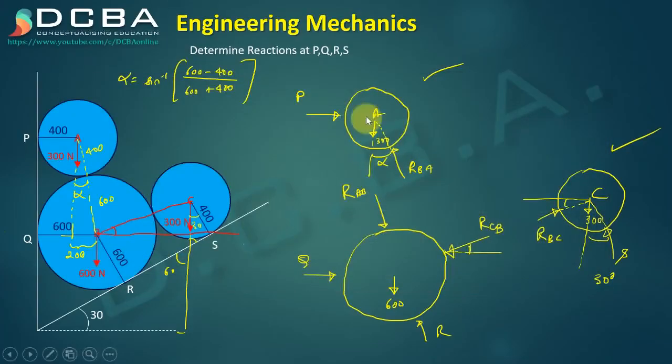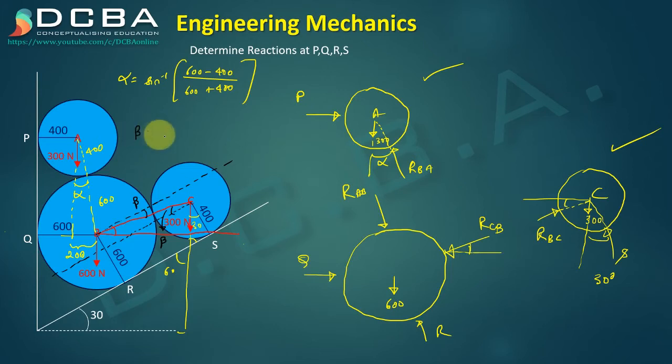See, what we can do is draw a line parallel to this 30 degrees inclined line. So we can draw a line like this, and the same we can draw a line from B this way. Okay, so now I can find this angle. I'll call it beta, and similarly this would also be beta.